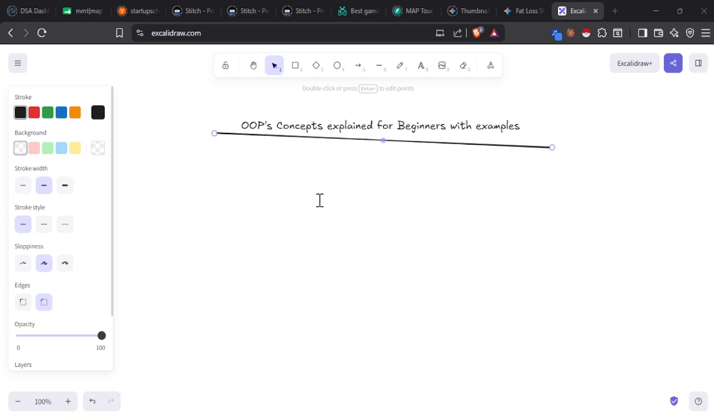Whenever anyone starts programming, one word they hear everywhere is OOP or object-oriented programming, but many people directly jump into concepts like class, object, inheritance, and polymorphism without understanding why OOPs was even introduced in the first place. So before understanding OOPs concepts, let's first understand the history of programming languages. In the beginning, developers used procedural programming languages,